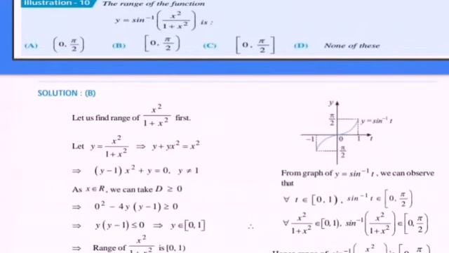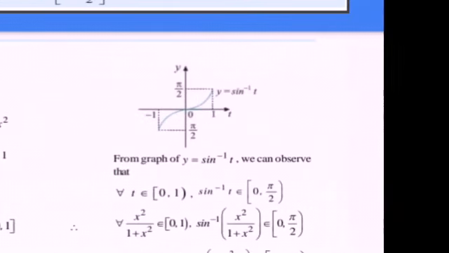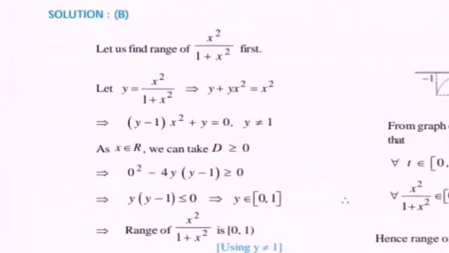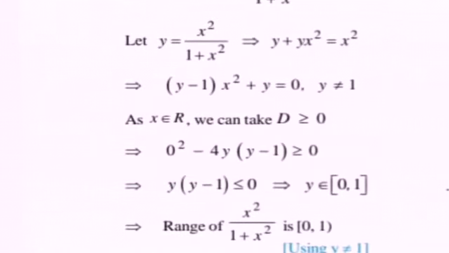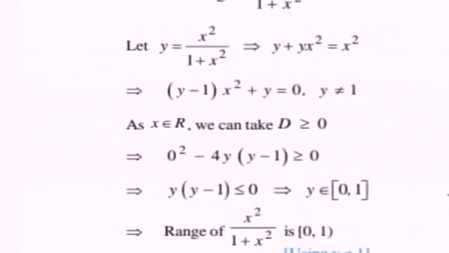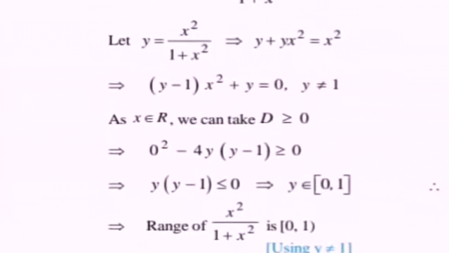On cross multiplication, you can get y plus yx square equals x square. Now this is quadratic in x, and if you evaluate the discriminant, it should be positive. Why are we making the discriminant positive? So that we can make x belong to all real numbers, because undoubtedly x square upon 1 plus x square, this entire term, lies between 0 and 1, undoubtedly. These are fractions. Okay, fine. Anyhow, come to the point here.